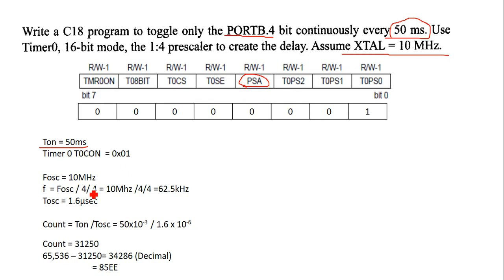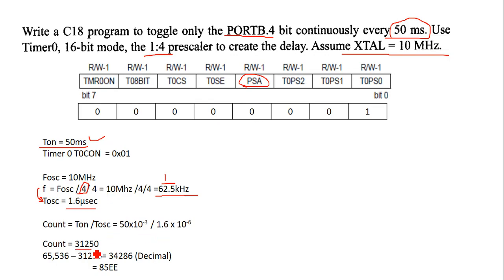F oscillator is 10 megahertz. 4 oscillator cycles make one machine cycle, that's why divided by 4, and we are using the 1:4 prescaler, so it is again divided by 4, so your frequency will be 62.5 kilohertz. We know the relation between frequency and time is reciprocal, so 1/62.5 kilohertz comes to 1.6 microseconds. The count will be T on, this T on 50 milliseconds divided by T oscillator,